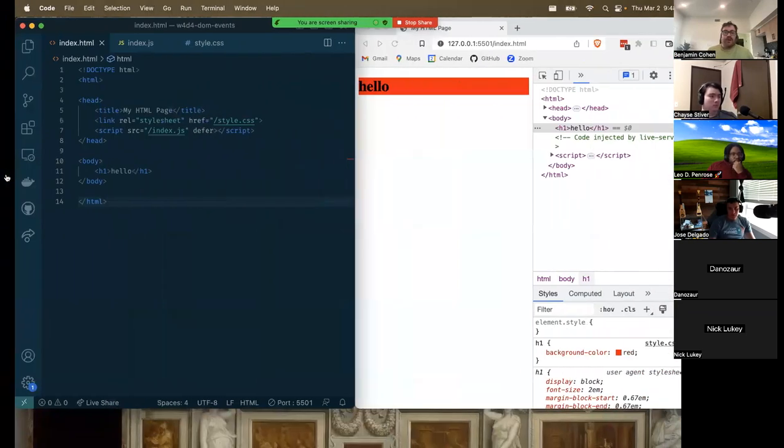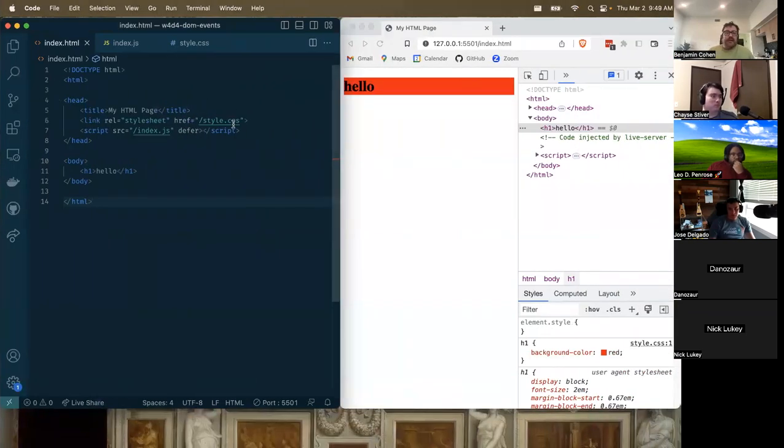So going back to our example here, you'll see I deleted everything, but one thing I did add is a link to a style sheet. So I have that style sheet here. Now there's not much in the body, but everything we could care about is here. We have the HTML page, and we have some JavaScript running, and we have some CSS, and so we can